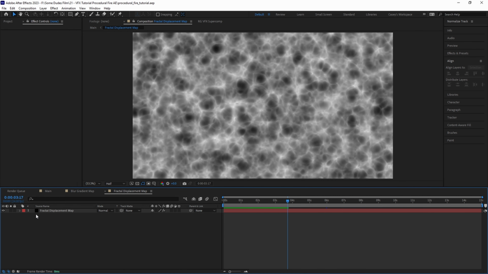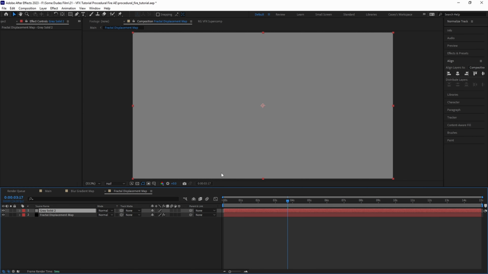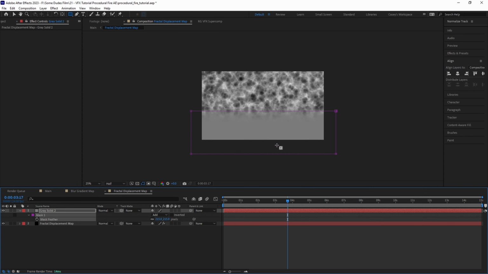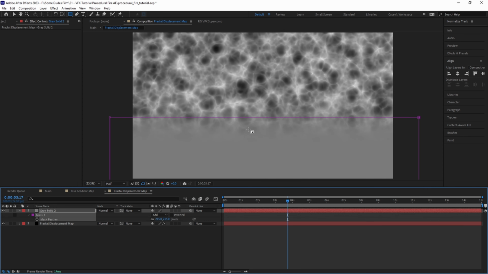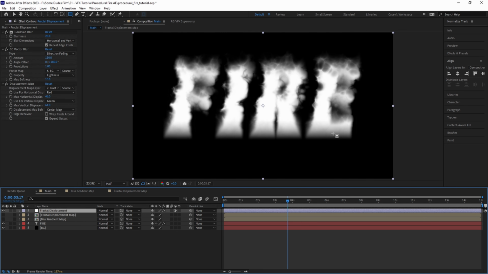Now we'll jump into the fractal displacement map pre-comp and create a middle gray solid. We want to mask out the bottom half of the solid and feather it to create a gradient area of where the displacement won't heavily affect the bottom of the text. Since black values are affected in one direction and white values are affected in another, and middle gray stays relatively unaffected. We're setting this up so that the fire is affecting more of the upper half of the text and